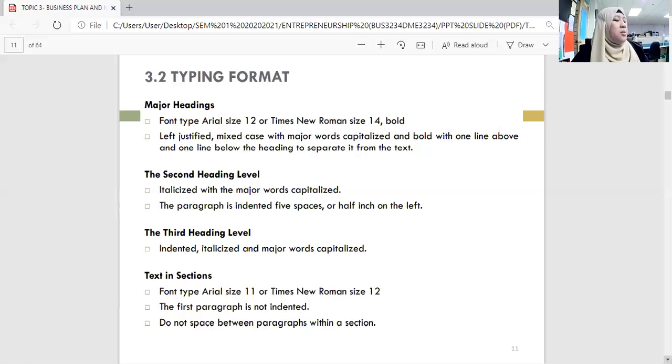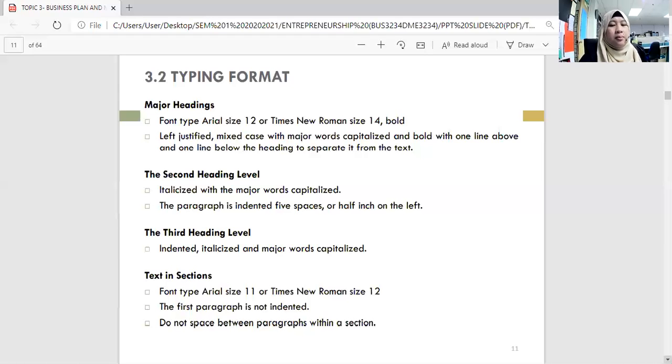So basically what I did was when I was checking, I see the first is the font and then I see the size. Of course, when talking about indented ke capitalized, sometimes you are off, right? So I'll just be okay with that. But in the real business plan, you can't do that. But for this assignment, I hope that you can practice the real one to make sure that you can prepare a good business plan and perfect business plan.